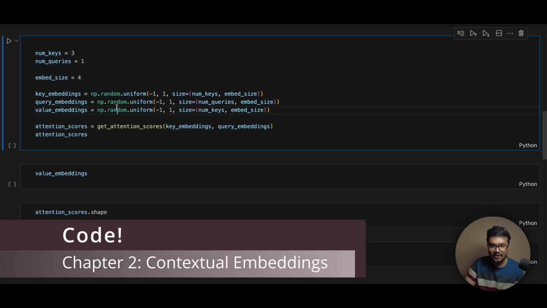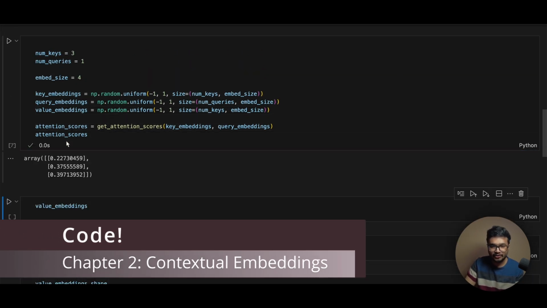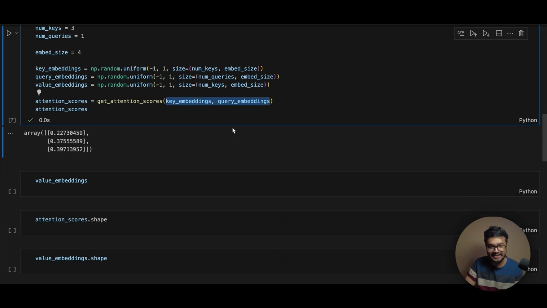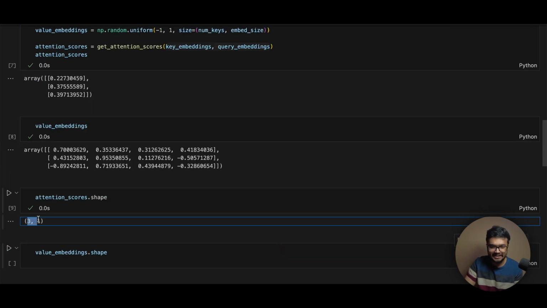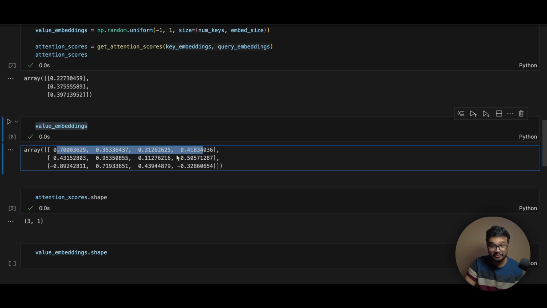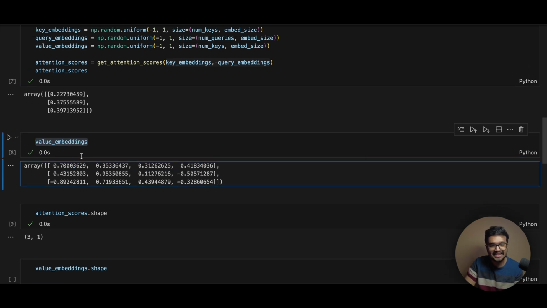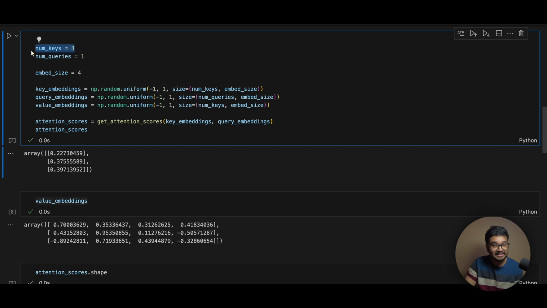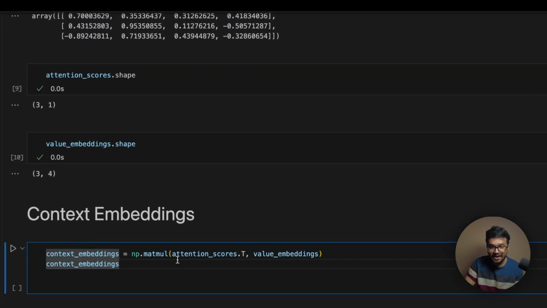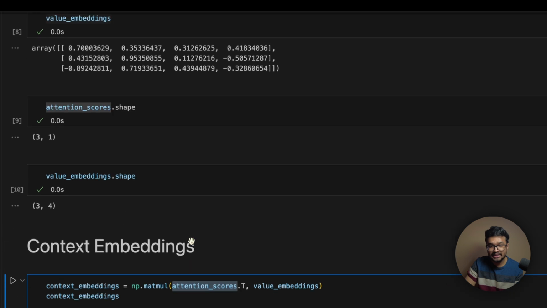So here you have value embeddings, and again, if we run this, we have attention scores from key and value embeddings. We have the attention scores, which are 3, 1, and we have the value embeddings, which is of shape 3, 4, where 4 is the embedding size and 3 is the number of keys that we have. To do context embeddings, we are basically doing another matmul operation where we are taking attention scores and value embeddings